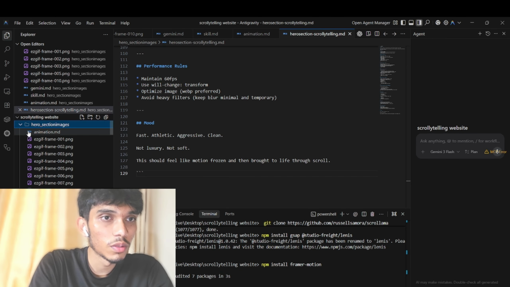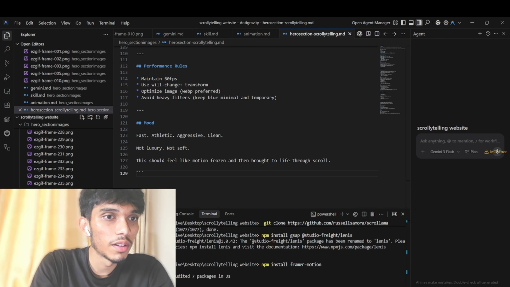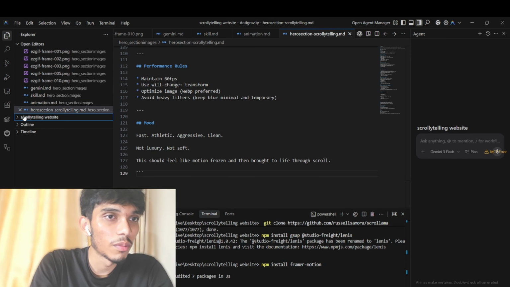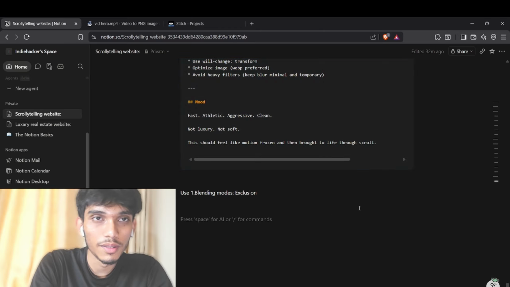Now move this into, just a minute, I'll just minimize it. Okay, yeah, we have everything in the hero section images folder, which we don't want. Anyway, let it be. We actually created everything there, which is great. Again, it's more like a blessing in disguise. Anyway, the next thing we are going to do is